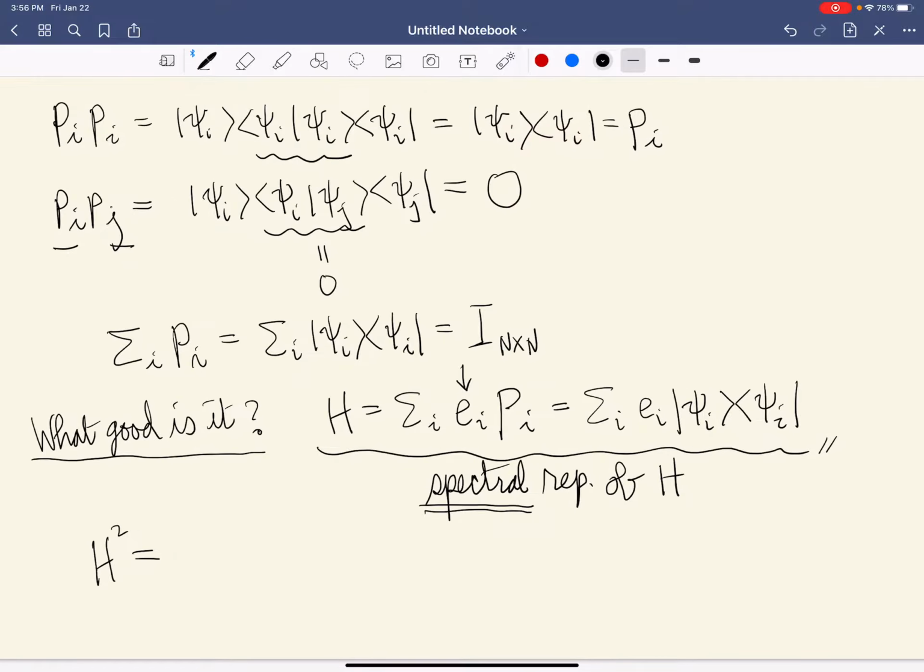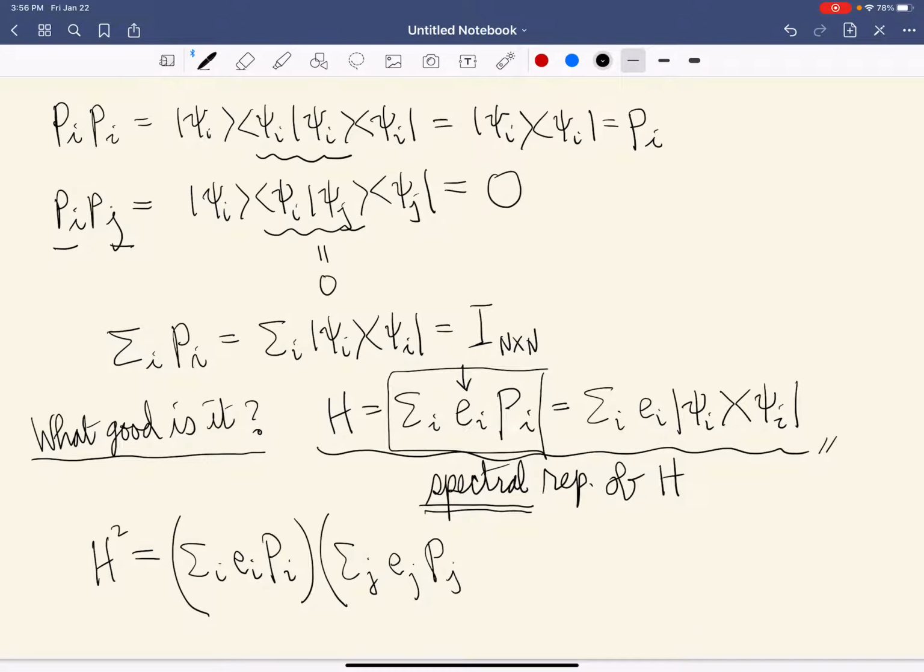However, once you have this spectral representation at your disposal, then let's see what happens. This is a spectral representation of H, and since I have to take the square, I'm gonna put another such spectral representation side by side, and that gives me a double sum,